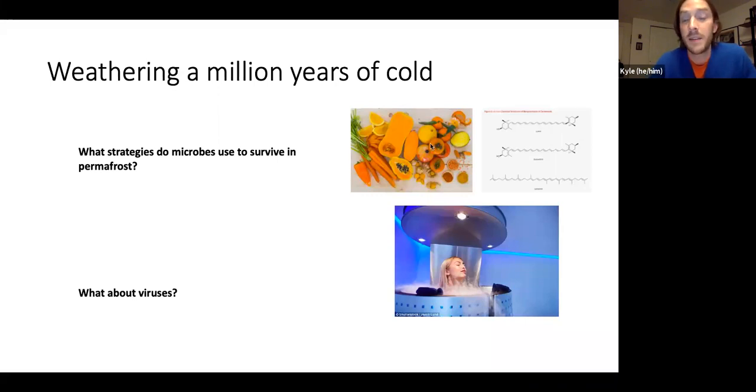And similar to that, Kamal says there are antifreeze proteins. That's exactly right. Actually, the enzymes that have antifreeze properties have been co-opted and used in ice cream and other frozen foods